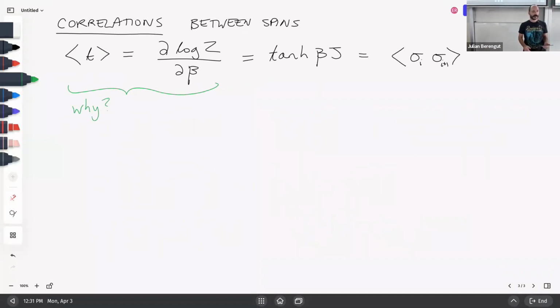Because the expectation value of T is equal to the sum over all of the configurations of the probability of that configuration times T for that case, yeah? And so that's equal to